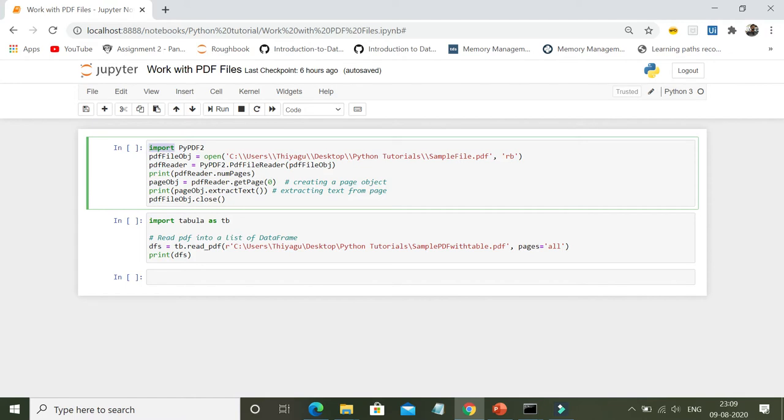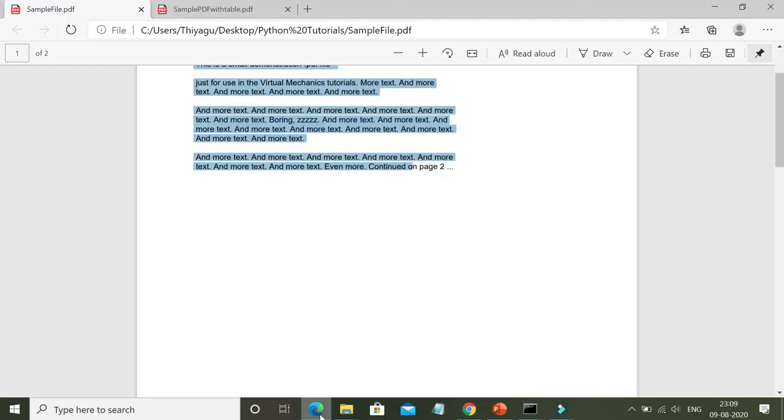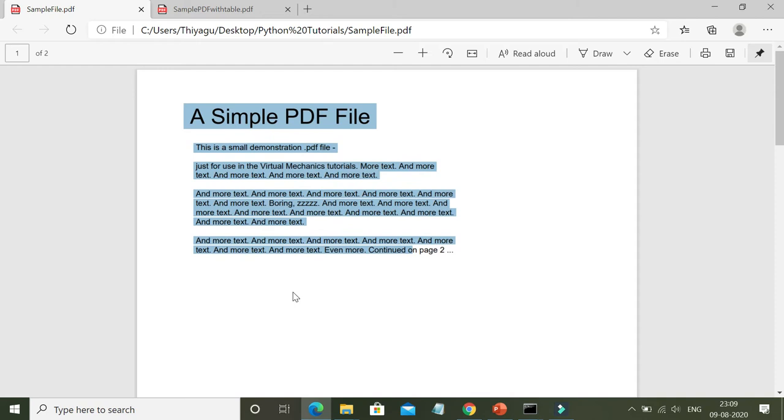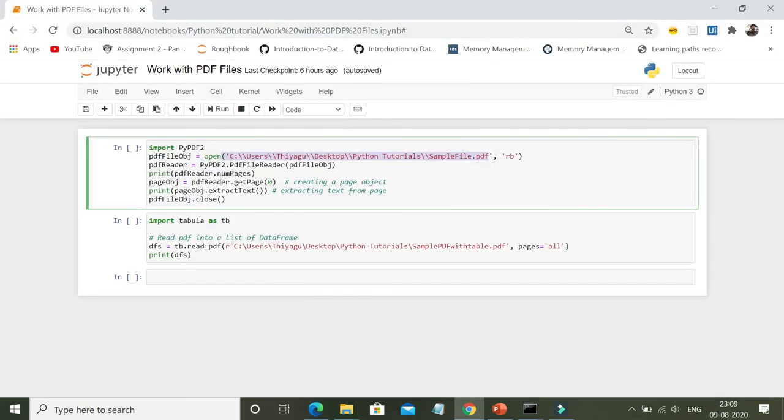First is the import statement where we are importing the PyPDF2 module, and then I'm opening the file which is present in this particular path. Basically, the PDF file which I showed you, I'm trying to open this particular file, and then I'm using a PDF file reader method to read the contents of the PDF file, and I'm storing it in the PDF reader variable.